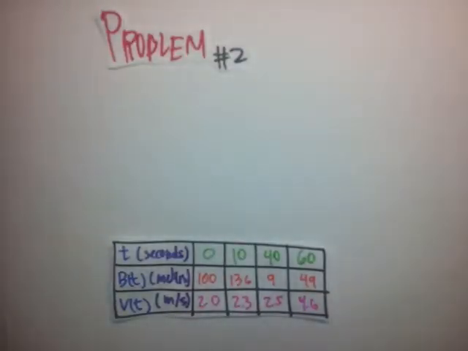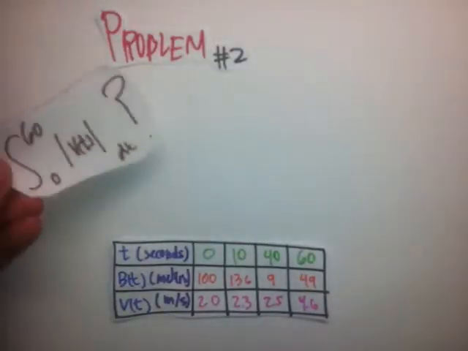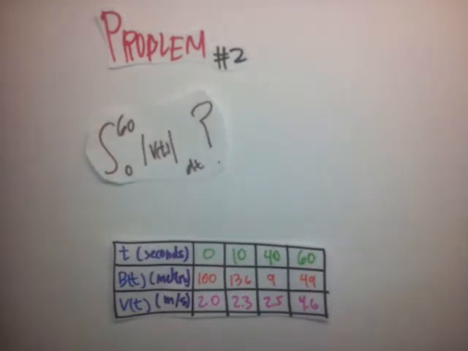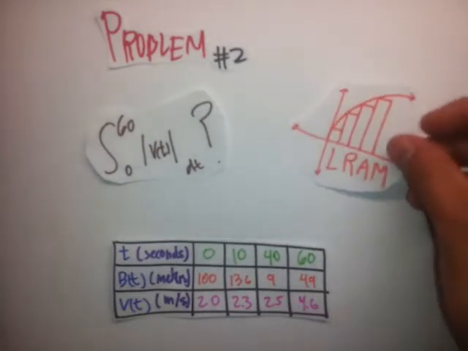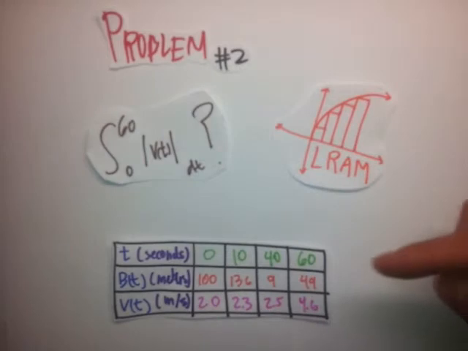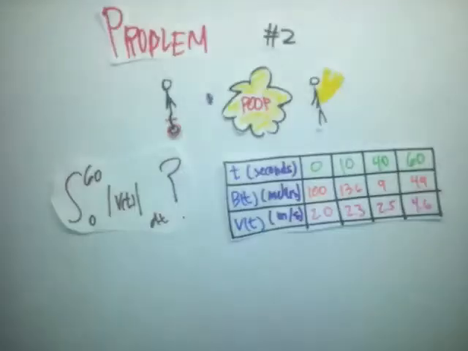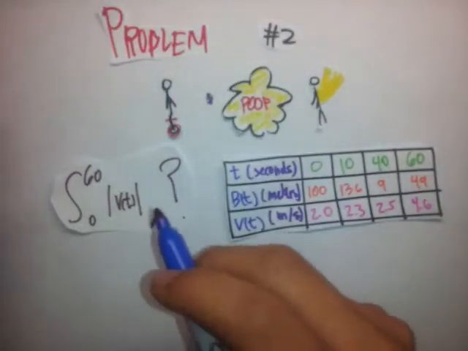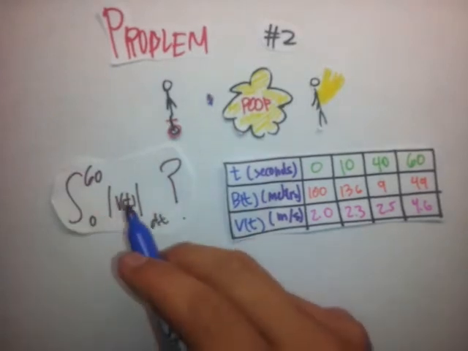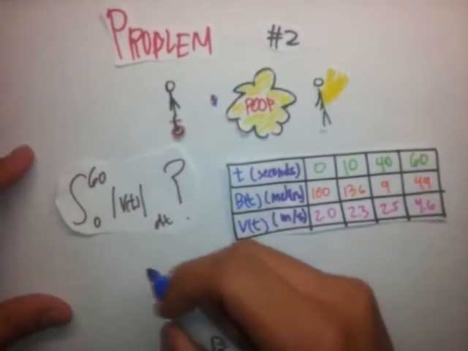Now, the second problem is to interpret the meaning of the integration of the absolute value of velocity from 0 to 60 seconds. Then approximate it using the left-Riemann sum with the subintervals indicated by the data in the table. The first part of this question is basically asking to translate this into words. So this really means